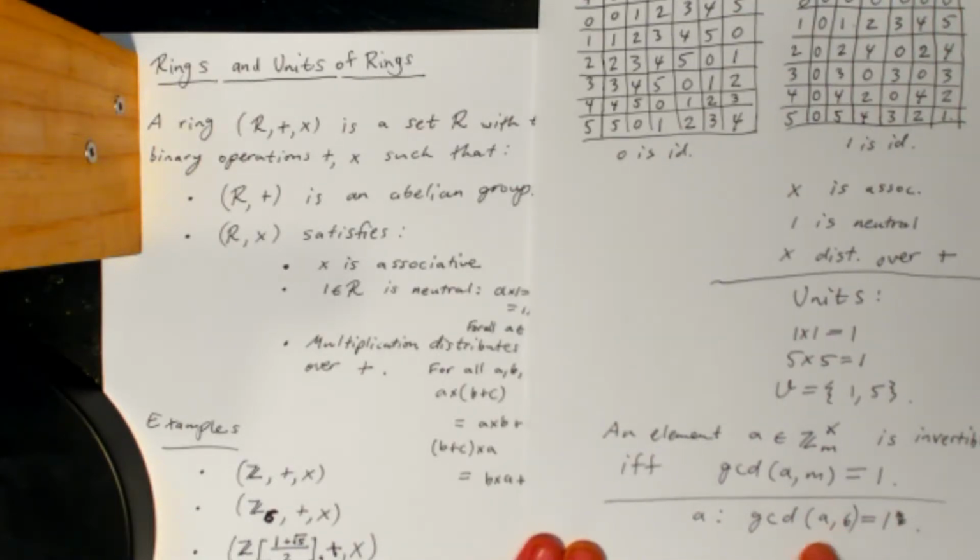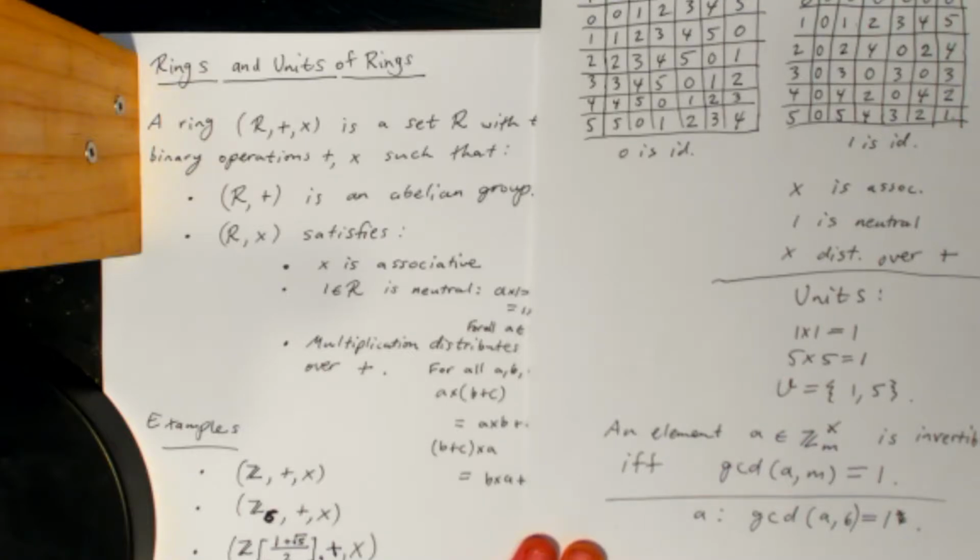So which numbers are relatively prime to 6? Okay, the number 1 has a GCD of 1 with 6. 2, the GCD of 2 and 6 is 2, because 2 is the greatest divisor of both 2 and 6. The GCD of 3 and 6 is 3. The GCD of 4 and 6 is 2. And the GCD of 5 and 6 is